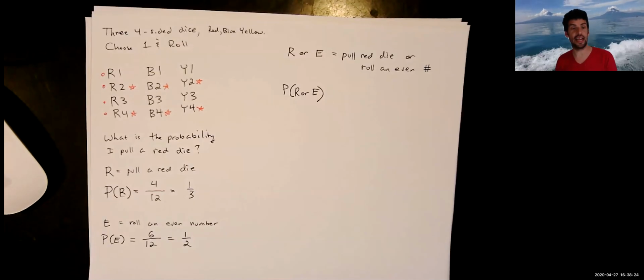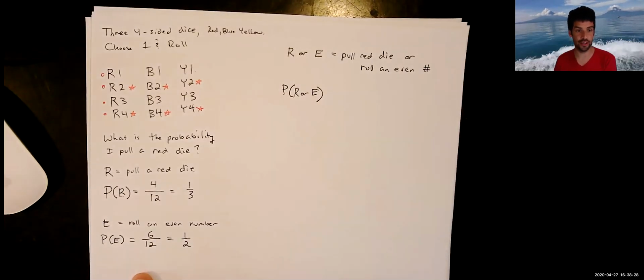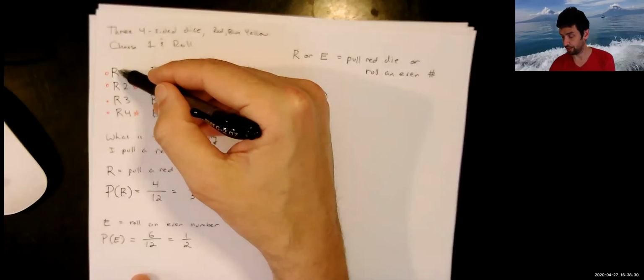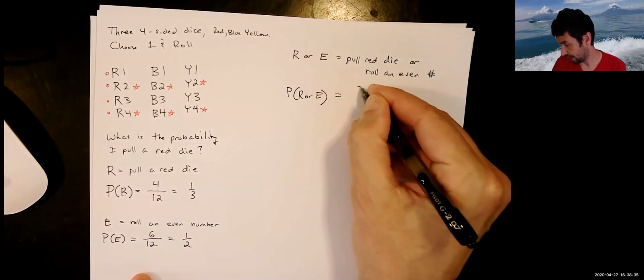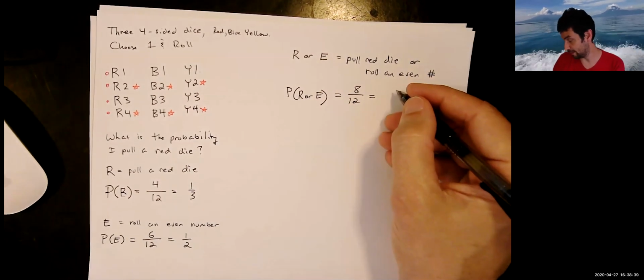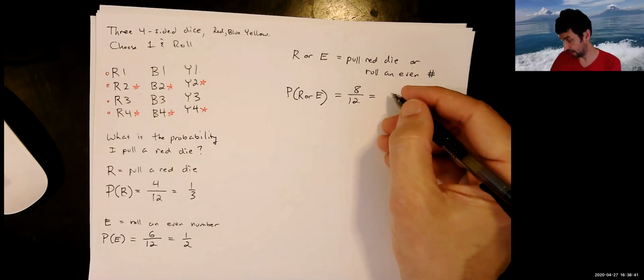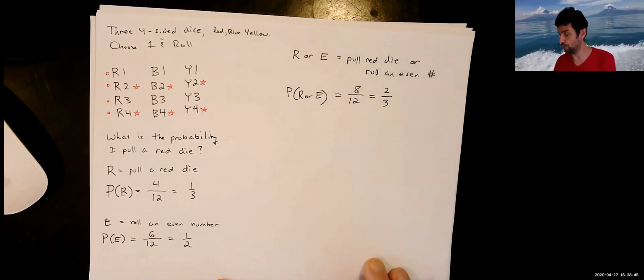Right? And then I just count how many events there are in combination. Notice that some of them got counted twice. We're not going to count them twice. So there's 1, 2, 3, 4, 5, 6, 7, 8. 8 out of 12. So we expect that 8 out of 12 times we will